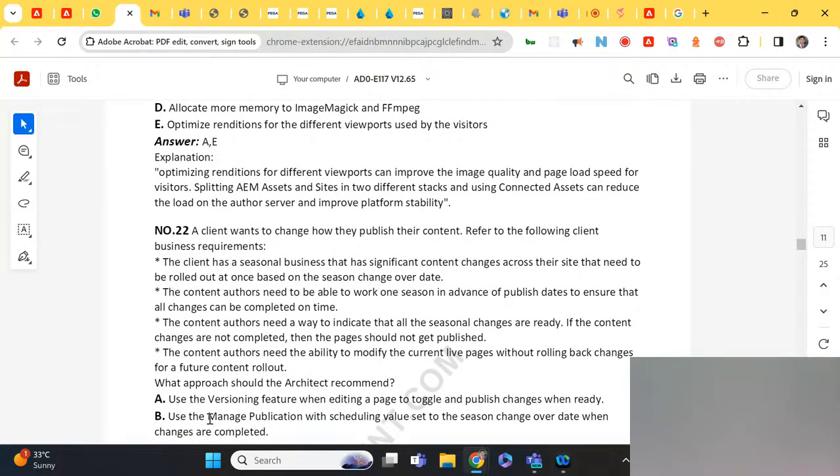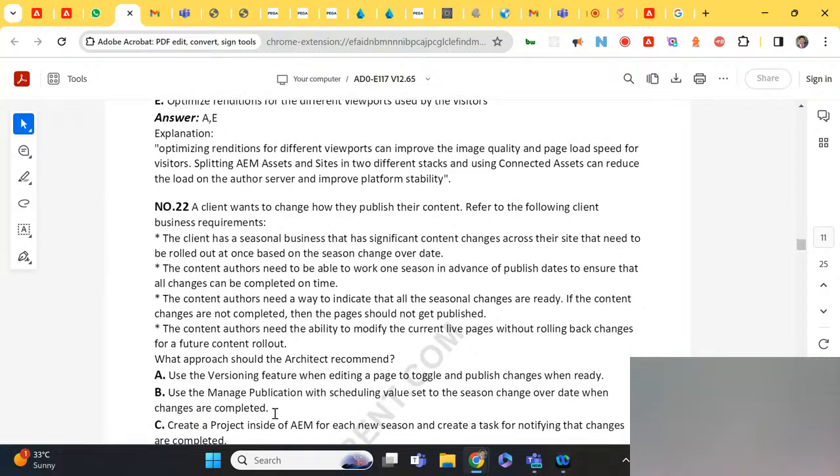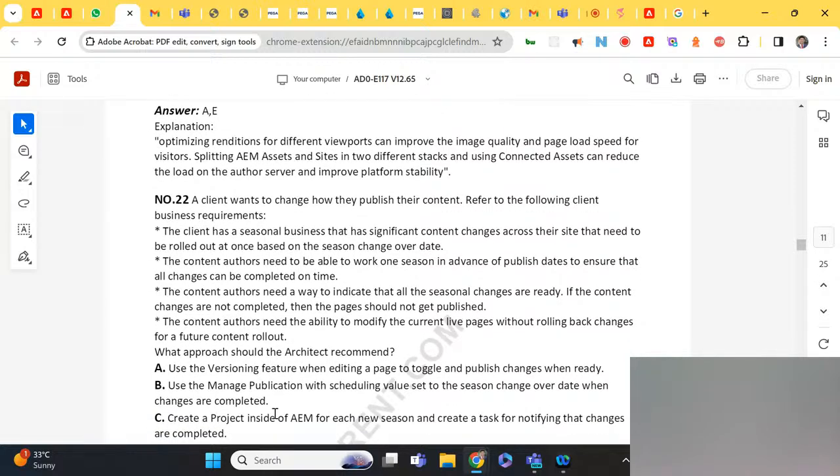So this makes sense, because when the scheduling value is set to the season changeover date, when the season changeover date occurs, the scheduling will make it, it will be published. And how we are actually publishing is using managed publication. B makes sense. Create a project inside of AEM for each new season and create a task for notifying the